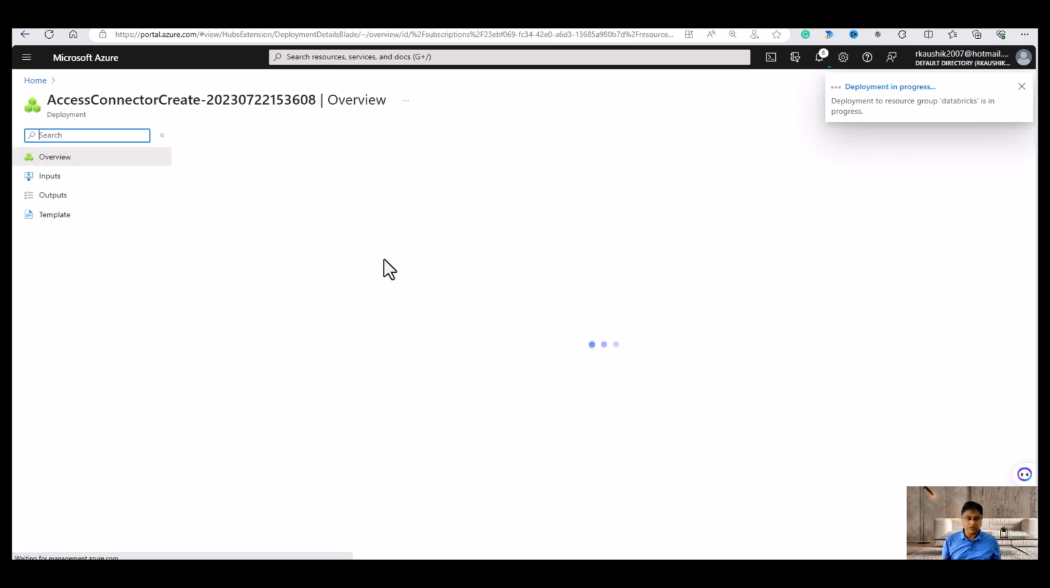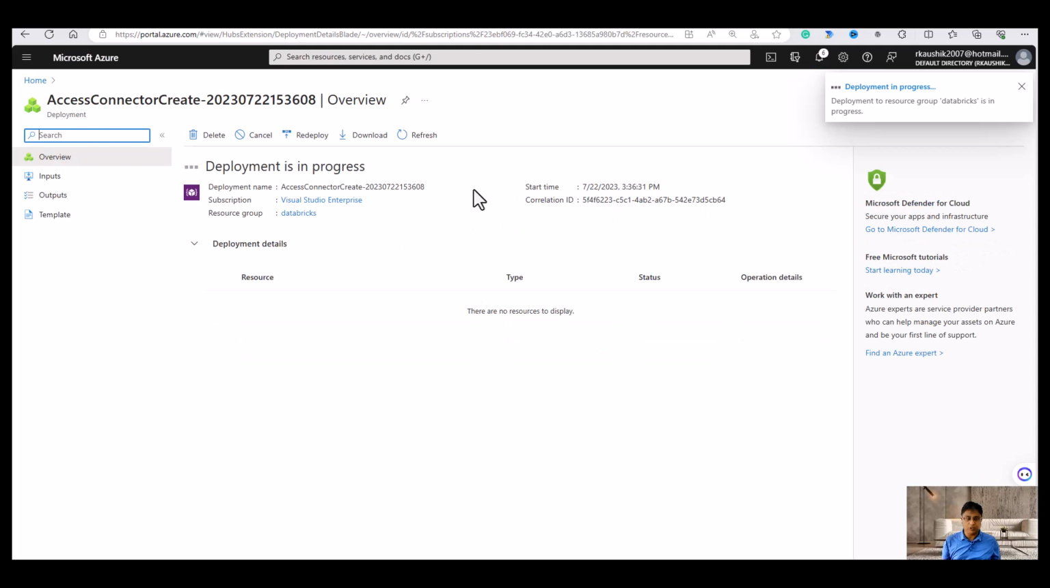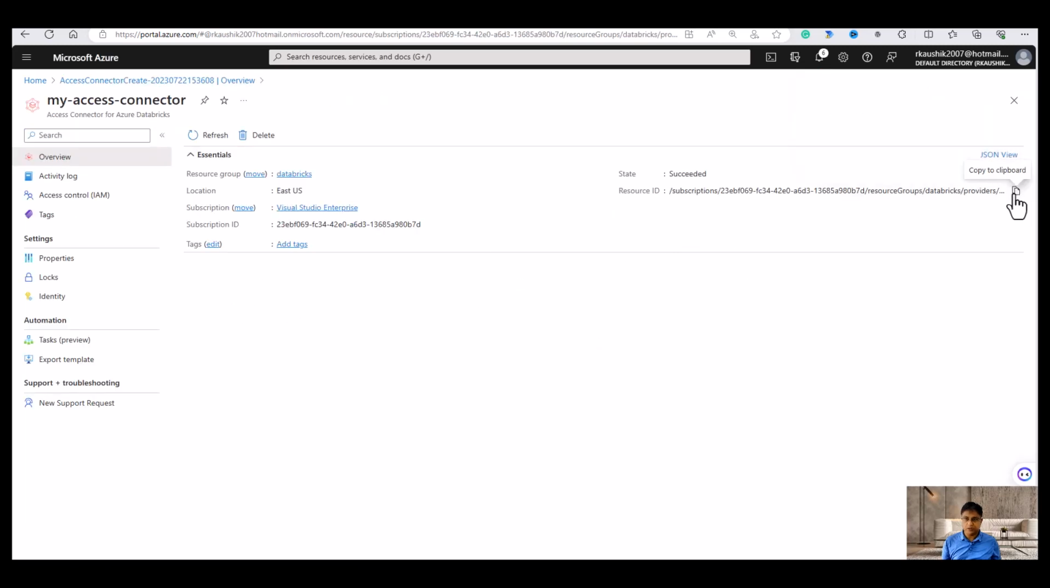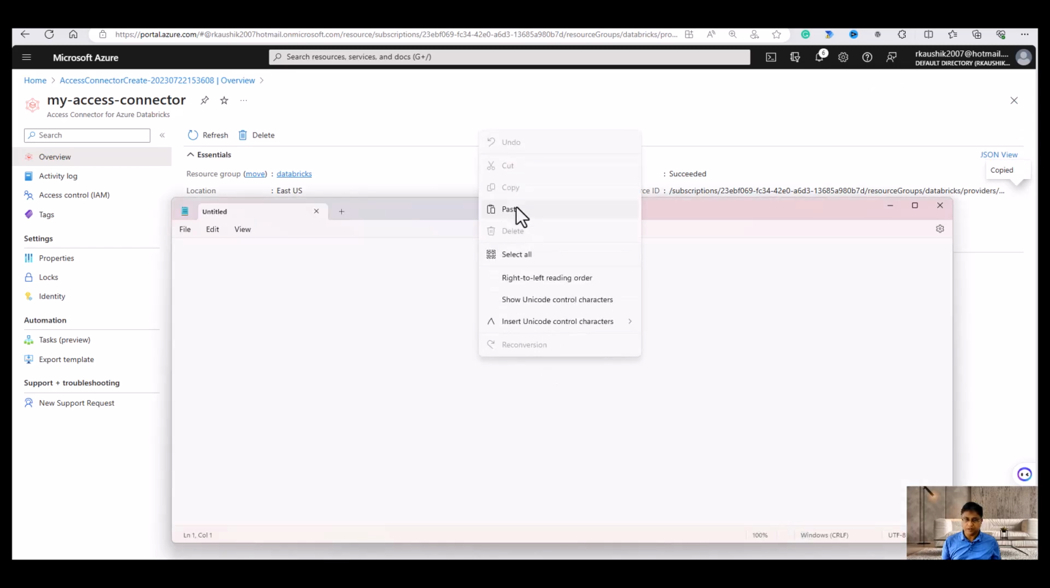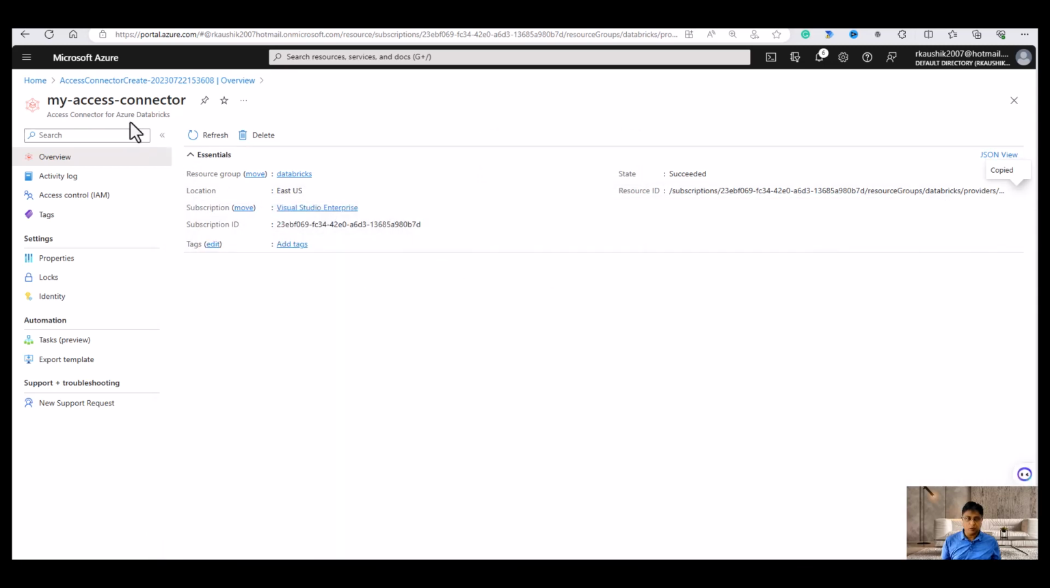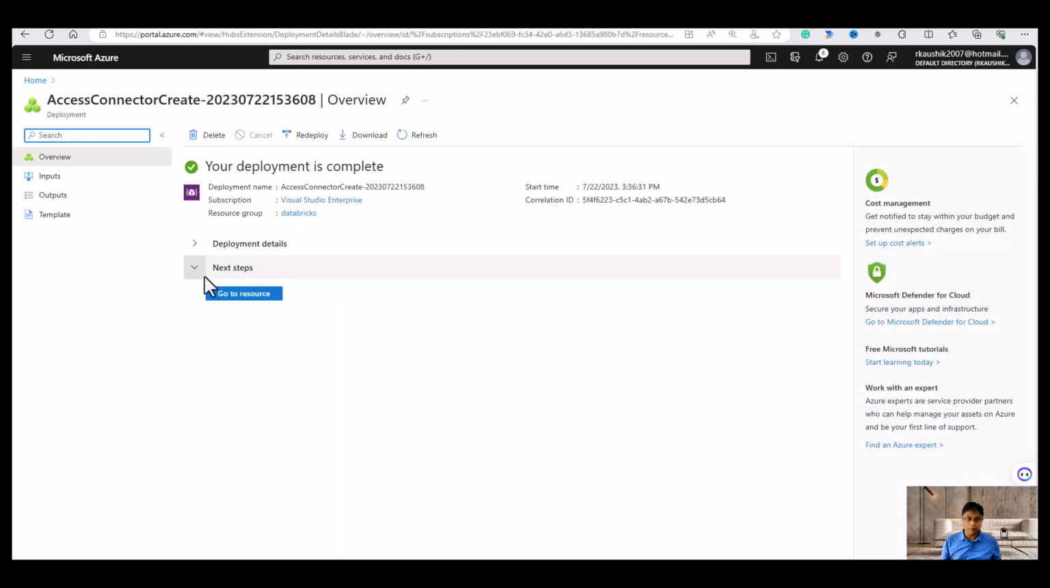Now once this is created, it is going to create a resource ID, and I am going to store this resource ID in a notepad. So this is the resource ID that was created, and I am just going to save it in a file for the sake of convenience. Now I am going to go back to my